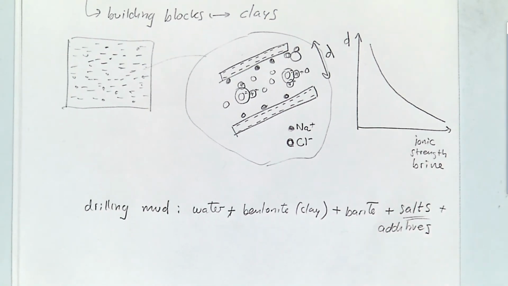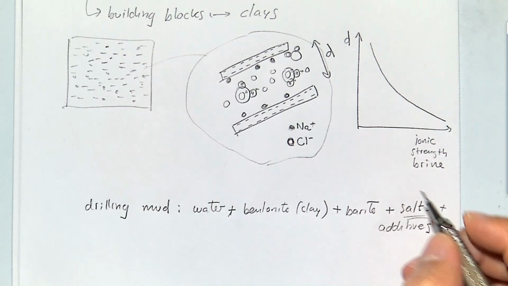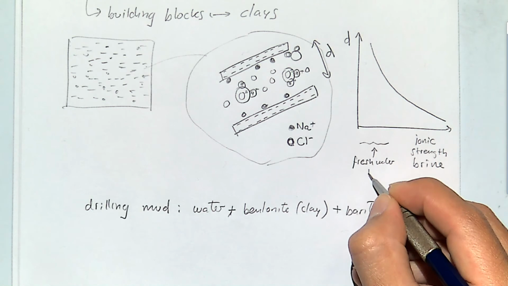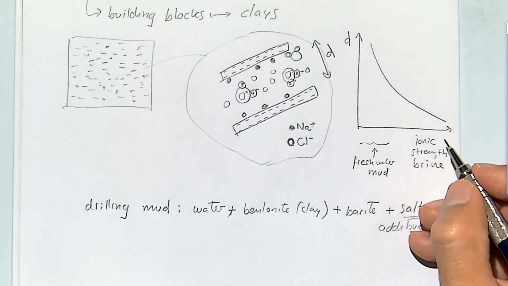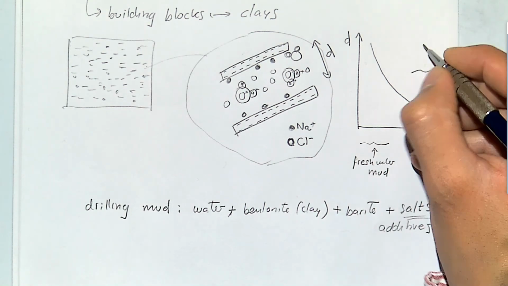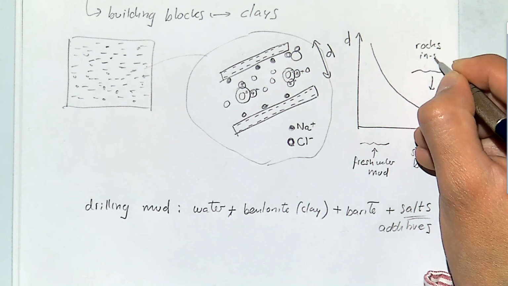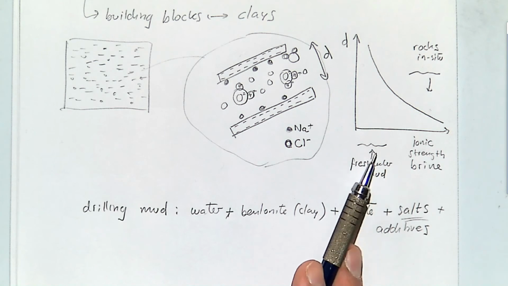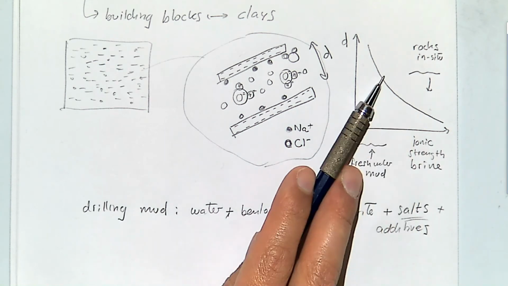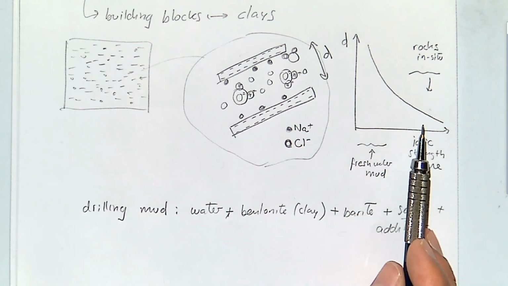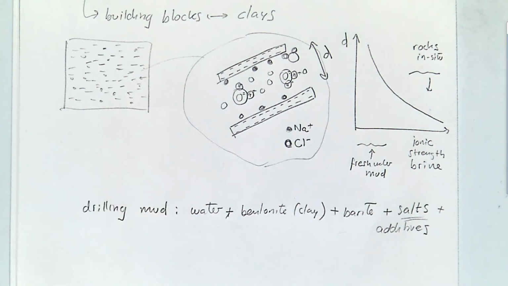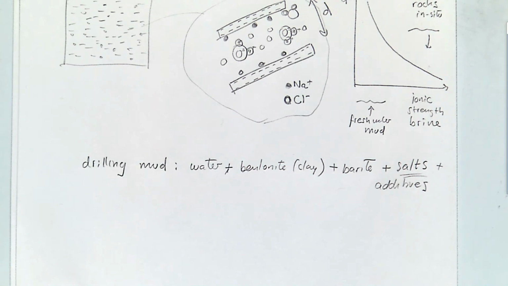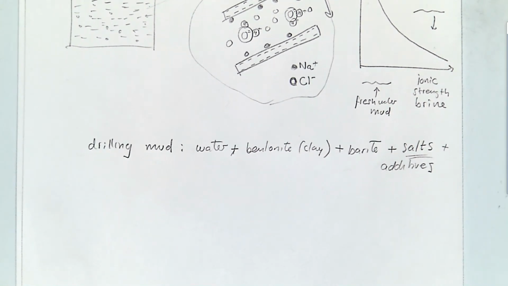Okay, the salts is the important part, because when you drill with a relatively fresh water, you're going to be somewhere over here. And the rocks are going to be somewhere over there. So when you drill with a mud that doesn't have the same ionic strength as a rock in situ, you're going to cause a change. And in general, that change is going to be that this interparticle distance is going to increase, and as it increases, is going to cause a strain. And that strain, again, is going to cause, if we go to the wellbore environment,